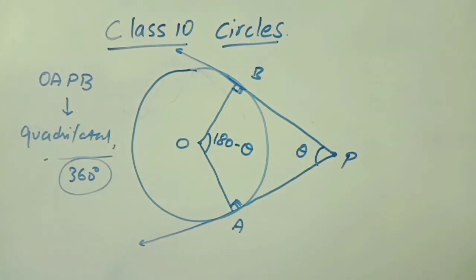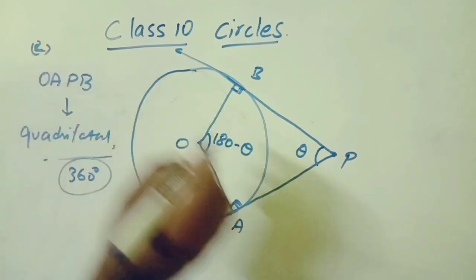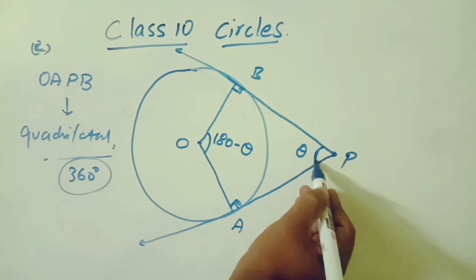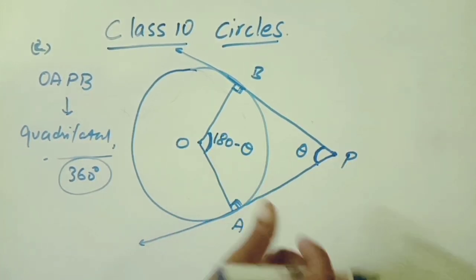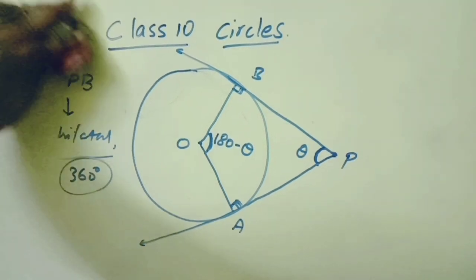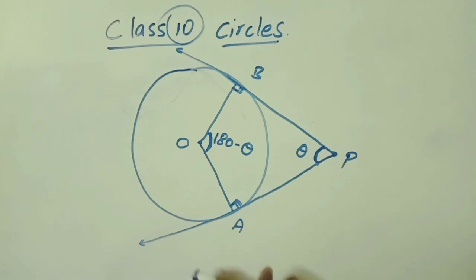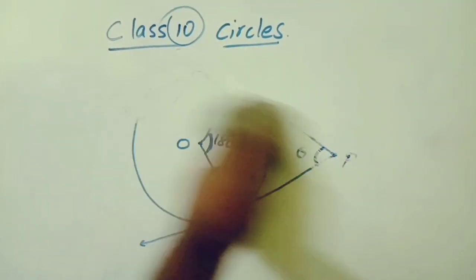Very important. Now, in this video we have discussed 2 properties. What are the properties? This is the second property. What is the second property? In short, if from a point you are drawing 2 tangents, then the angle made by those 2 tangents and the angle made by the 2 radii will be supplementary. Supplementary means the sum of 2 angles is 180 degrees. Clear? So 2 properties we have discussed, the most important properties from the class 10 CBSE point of view, in this short video.